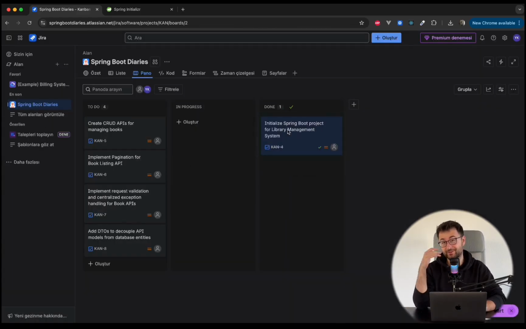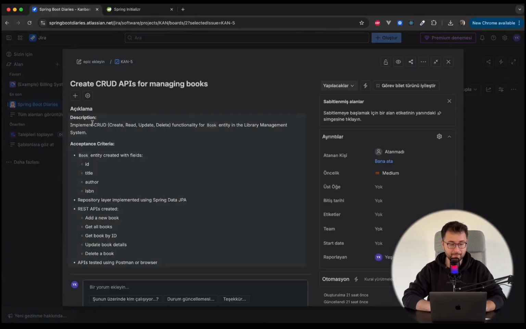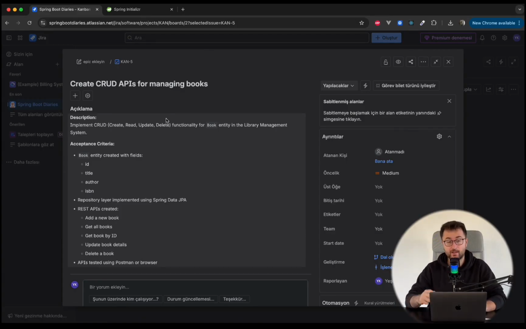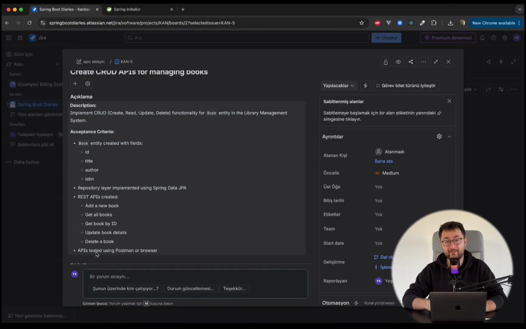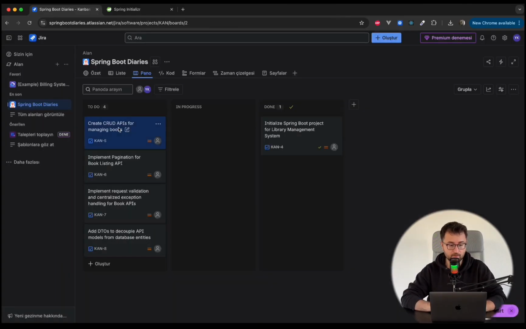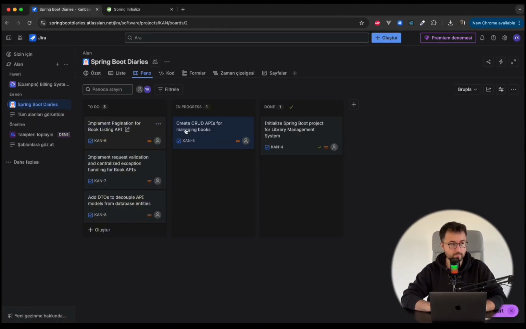But don't get me wrong, the second one is definitely not going to last 5 minutes. So next up, we have the major focus of this video. We are going to implement CRUD functionality for the book entity in this library management system. We are going to have some fields in that entity, and we are going to be implementing repositories, service layers, and controllers, all that thing. In addition to actually having tested those, then we are going to earn the right to move this task to done. So first of all, I'm going to take this to the in progress column,